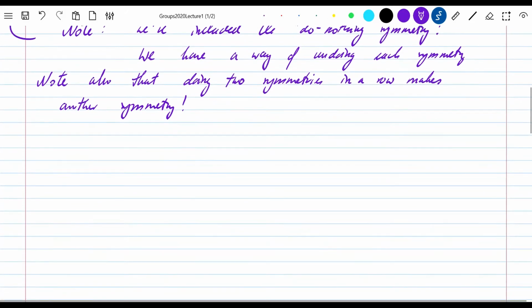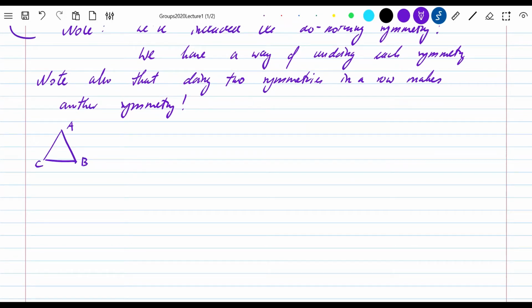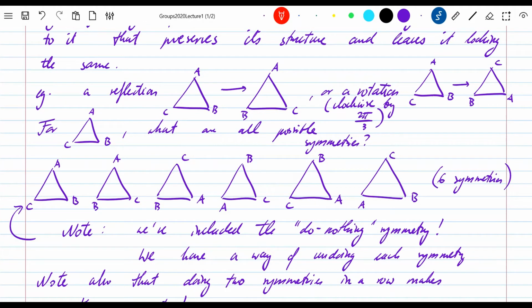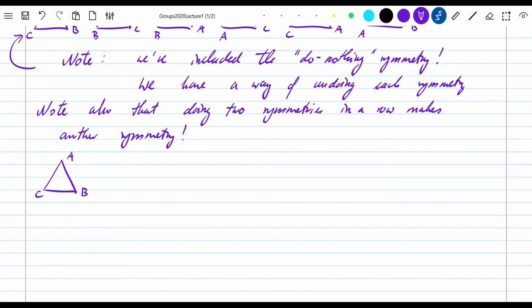Just to give you a concrete example of that, again with our equilateral triangle, I'm first of all going to do, say, the reflection. Maybe let's give the reflections and rotations names. I'm going to call this reflection S, and I'm going to call this rotation R. And the do-nothing symmetry, I'll always refer to it as E in this course. So I can first of all do my reflection. That will give me the following, and then I can follow that up with my rotation, and what I'll get is